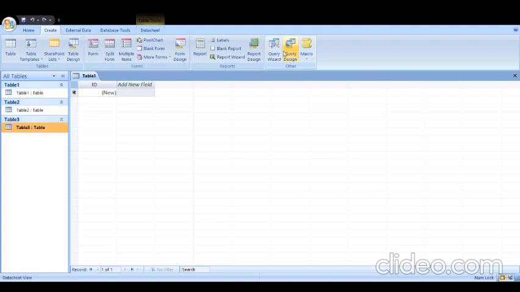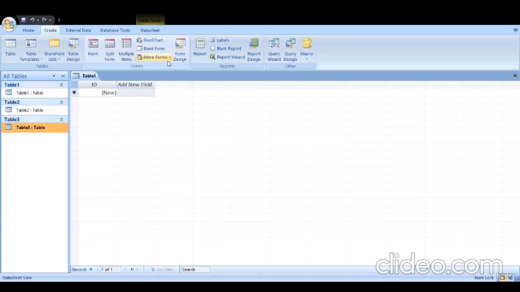What is a form? Form is a digital base. Like when you have filled any online form, that form you are inserting. On the front end it shows you only a single record, but at the back end, when you save it, it goes and maintains a database. So at the back end it is converted into a table. That is a form. You can view it in datasheet view, or you can make it according to your requirement. You have form view, design view, blank form, or you can change it into the output.